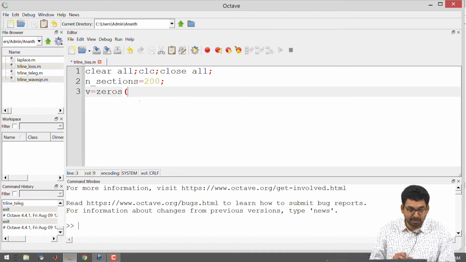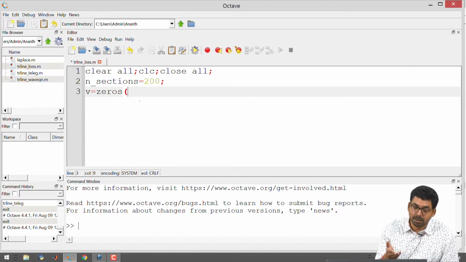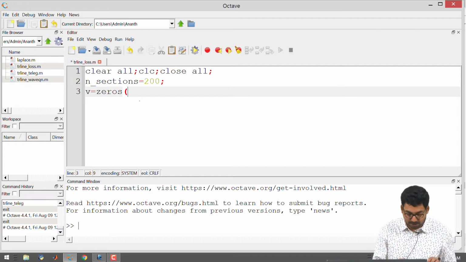I will be having the definition of voltage, current, L and C, and also I will be adding R and G later. So I will be having an array for storing the voltage at different points. Since I do not know the values of voltages, I am initializing it to zeros. The dimensions of this will be n sections, comma 1.